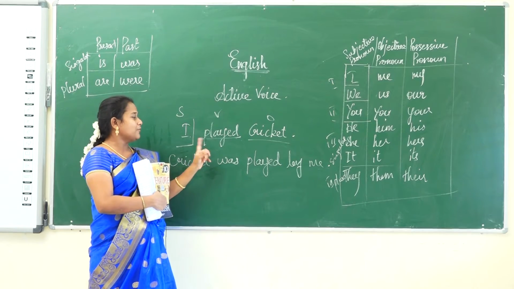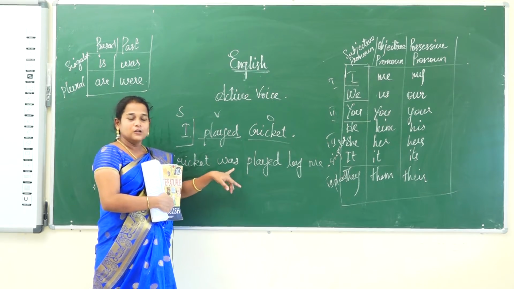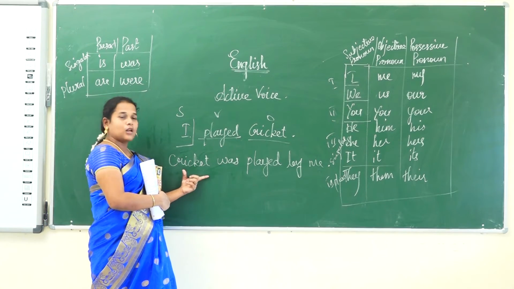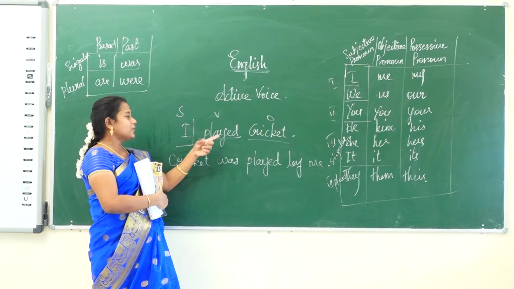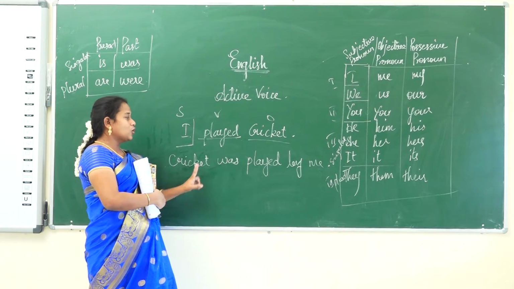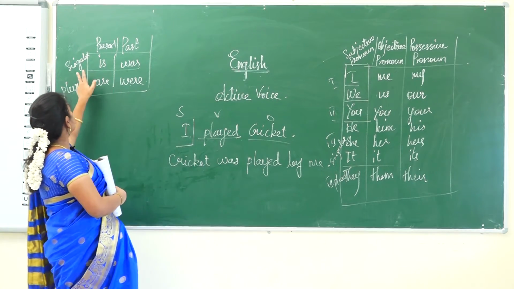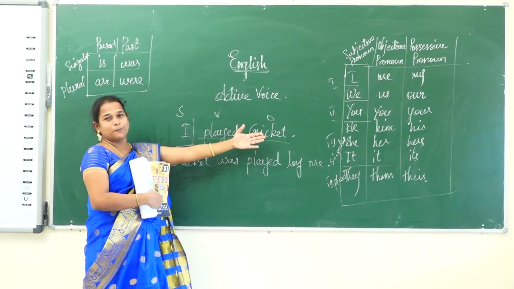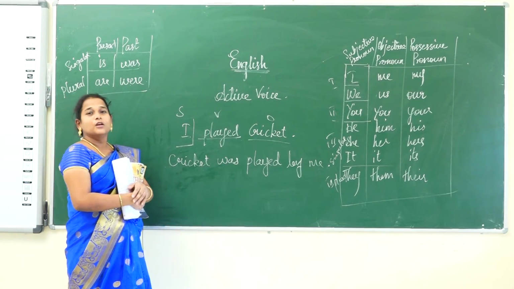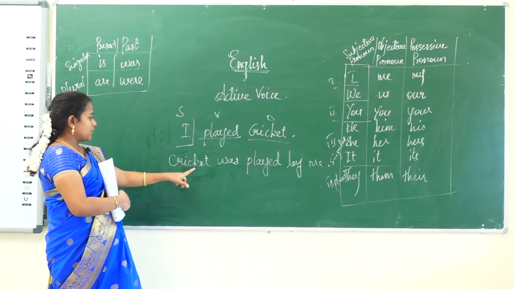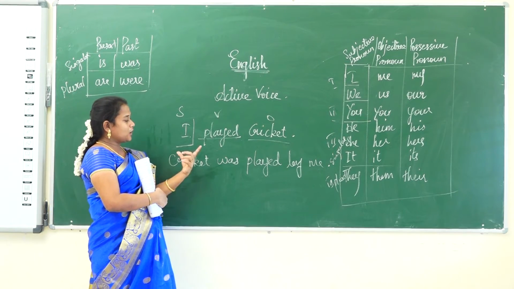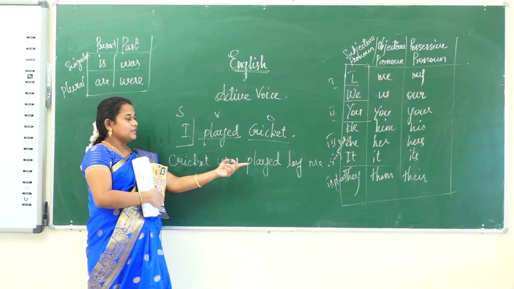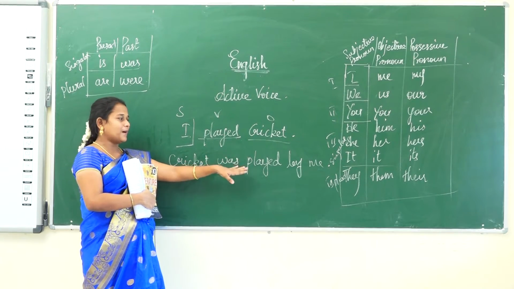So cricket, and we have to supply the auxiliary verbs here. In what way we have to supply? See, cricket is a singular object, and according to the tense we have to supply singular past tense. Which is a singular past tense? Singular past form, was. If it is plural form, we have to supply some other verb. So according to the object singular or plural, we have to supply the auxiliary. Then always this verb should be in the form of past participle.